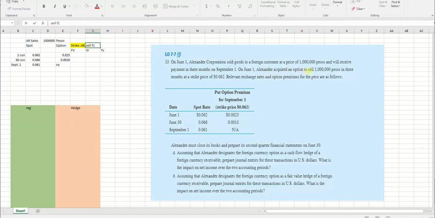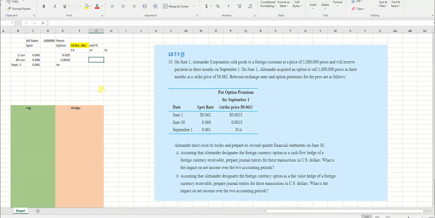So they acquired an option to sell 1 million pesos in 3 months at a strike price of 0.062. So that's kind of important. Very important, the strike price, and we're given this information. So let's fill out this thing first. Right now, my question is, would I rather sell, or let's get the fair market value. So the fair value is what I paid for it. Remember, unlike a forward contract, you have to actually pay money to have an option. So it's going to cost me,